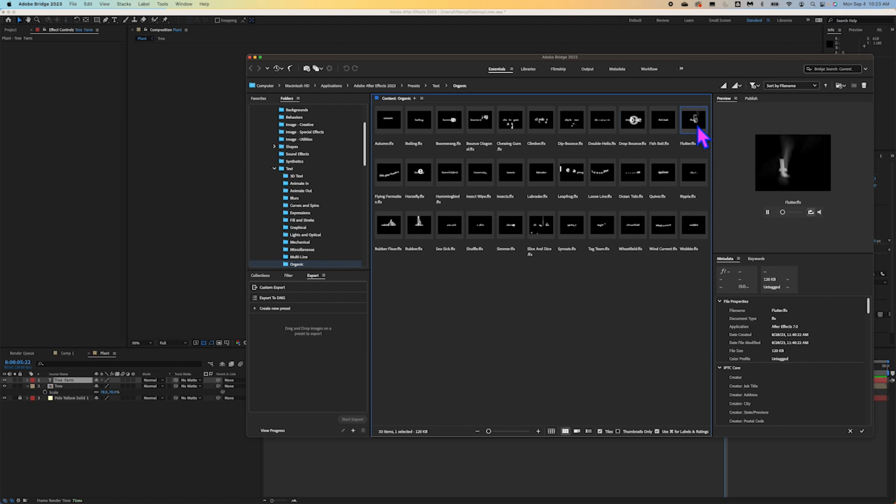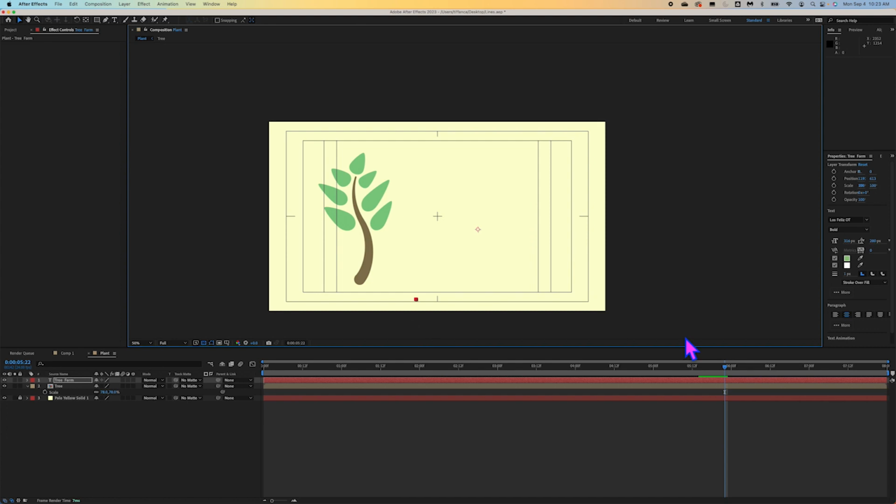And so what I need to think about in terms of being a motion designer is which of all of these is going to match that tree growing motion the best. Ooh, I think we found it. How about sprouts? Right? Because we have the tree growing and the sprouts are growing up. This is the one. So I'm going to double click that,